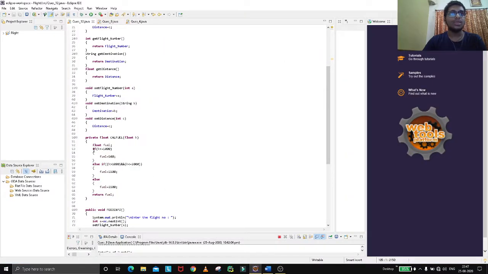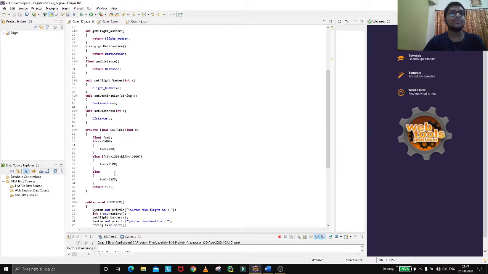So here I have created float fuel. I have initialized k as the distance. We are checking if distance is less than or equal to 1000, fuel will be 500. If k is greater than 1000 and less than 2000, it will give 1100, else fuel will be 2200.